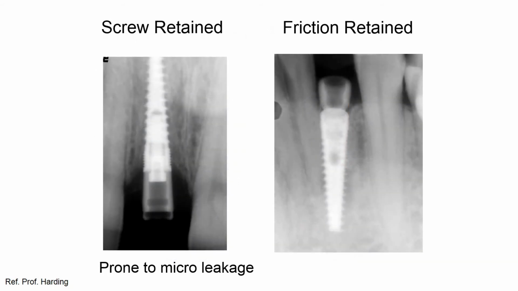Now we can see the two types of healing abutment here. We have a screw retained one on the left hand side and a non-screw retained or friction fit abutment on the other side. So if we look at how this works, we can see that on this side we have our screw in this area here, and this is a hollow tube, if you like, which allows our bacteria down. They come in and they escape in this region here or around here and escape through here,